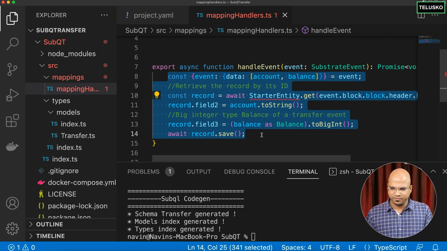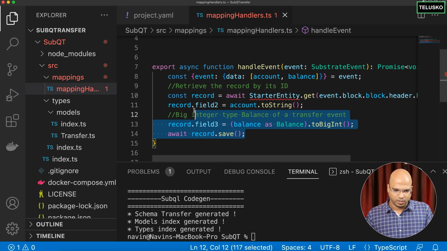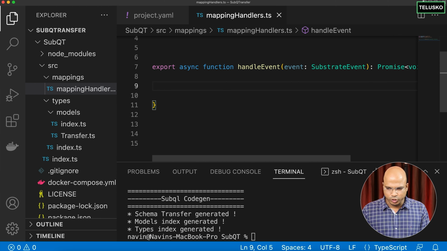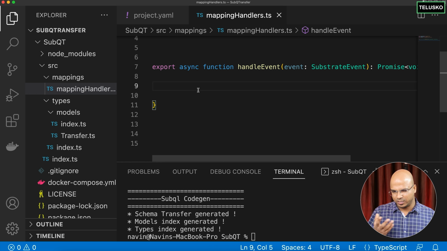Okay, so basically we need to make some changes, right? So the save will remain save, but let me just remove and retype everything. How do we handle this? Now, first of all, we want to handle all the transfers, right? All the transfers between the sender and the receiver. And for this, we basically need to get some values from the event. So every time there's an event on the network, this is where you will get your data, this event variable. So using this event reference, we can get the value.